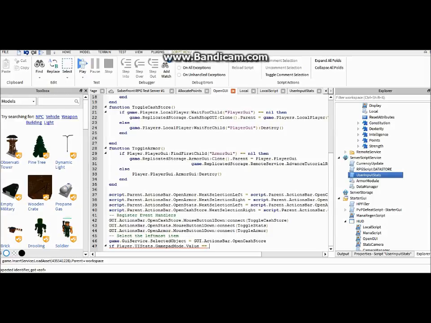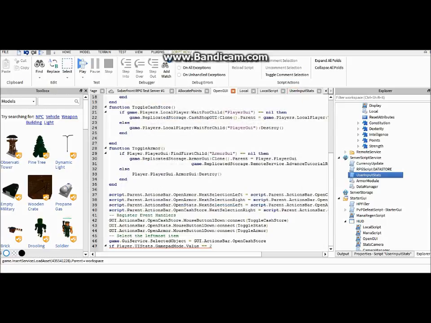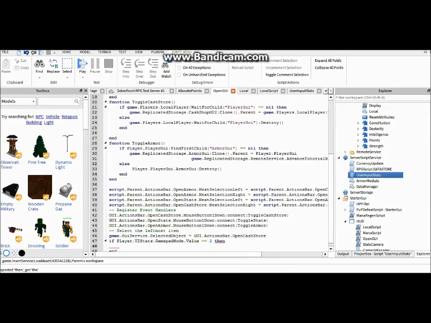Always put that value after that, because this is like leader stats. In leader stats, everything is in a value, or basically we should call it user data tag value. So now we do equals equals. Yeah, they're called tags, by the way, if you didn't know. So if it equals 2, then